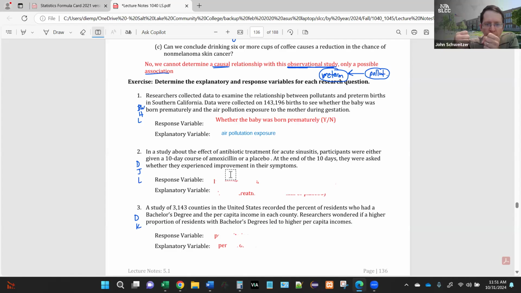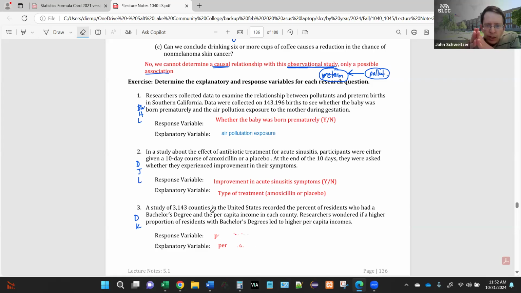So it's pretty obvious that the explanatory variable would be, as you guys are saying over here, what treatment they got, right? So did they get amoxicillin or not? And then the response would be, did their symptoms improve? Yes or no, right? Good. Then on the third one,